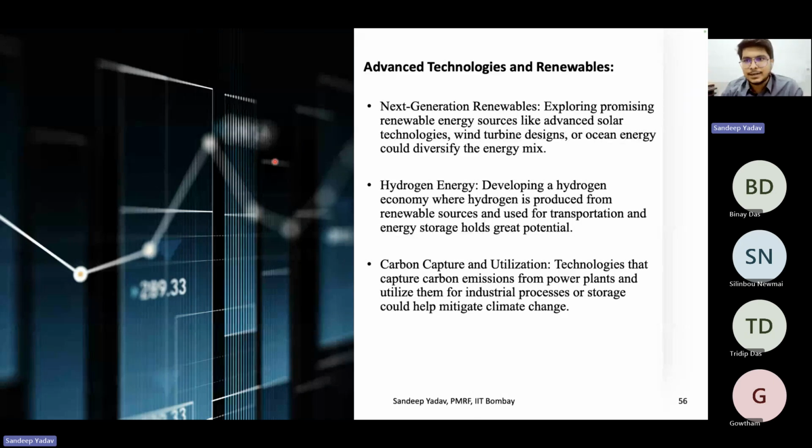Other thing is the advanced technologies and renewables. Next generation renewables, like exploring the promising renewable energy sources like advanced solar technologies, wind turbine designs, and the ocean, could diversify the energy mix. Hydrogen energy, it's called a fuel of the future. Developing a hydrogen economy where the hydrogen is produced from the renewable sources and used for the transportation of energy and storage holds a great potential. The most important is carbon capture and the utilization. Like to decrease the emissions, the technologies that can capture carbon emissions from the power plant and utilize them for the industrial processes or storage could help mitigate